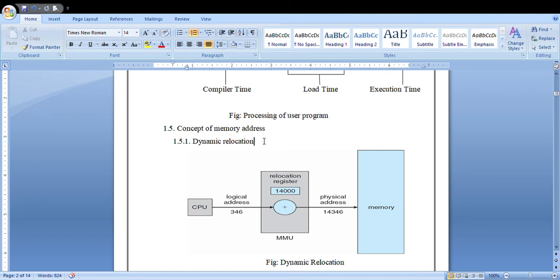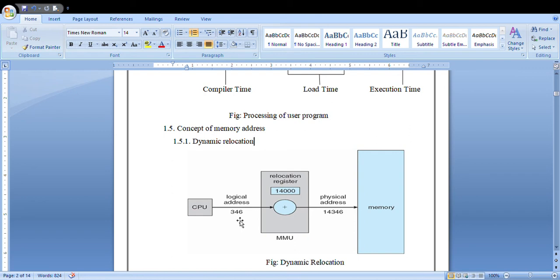But here, what do you mean by dynamic relocation? It works the same way. As I said, your CPU or processor sends a logical address. Along with that logical address, you have a relocation register. For example, consider 346, which is specified by the user.